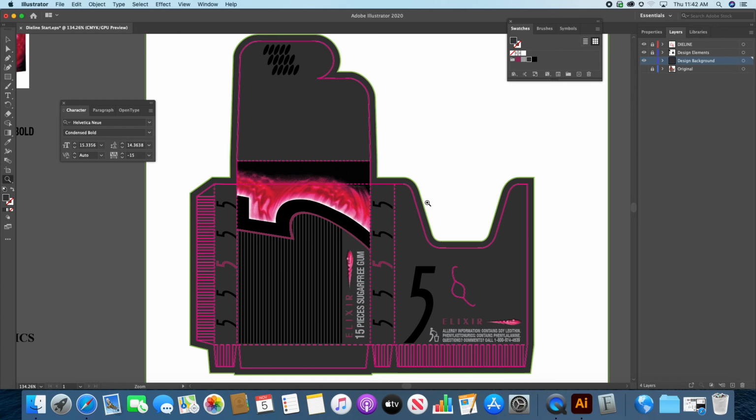Make sure you save this work, all right? Make sure you've got it, and use this for reference in case you get confused or you're not sure how to assemble your artwork